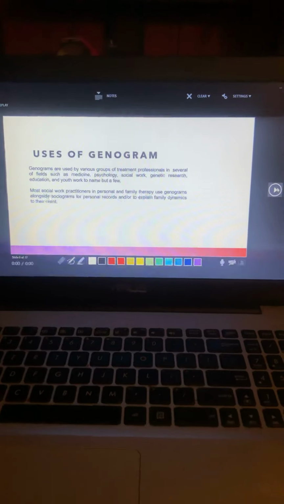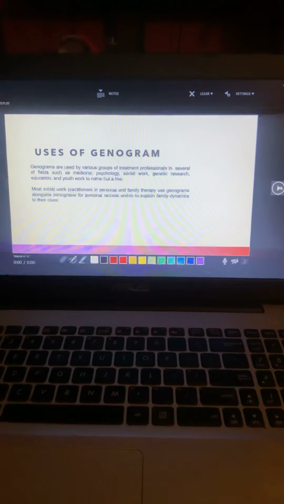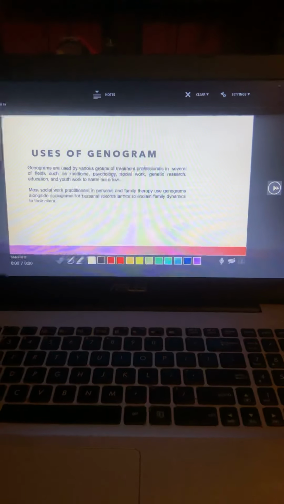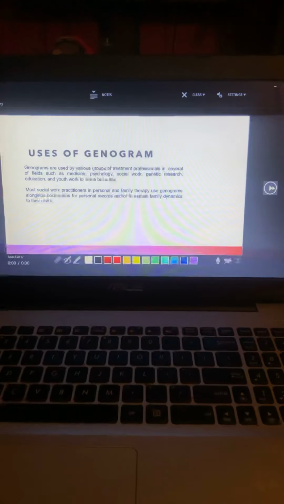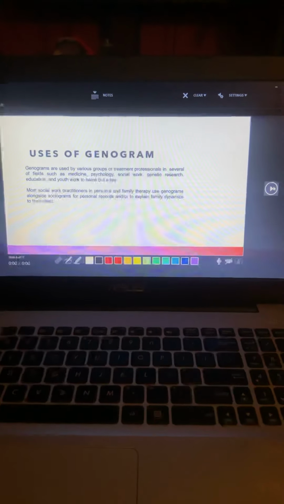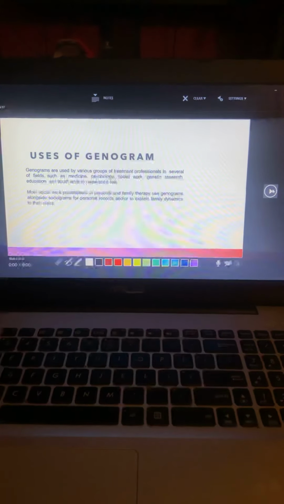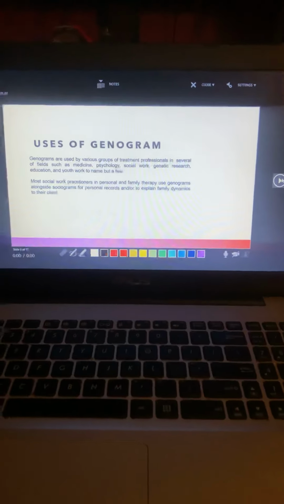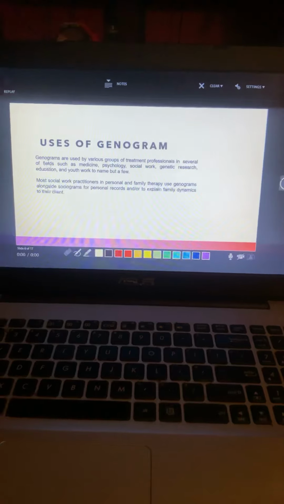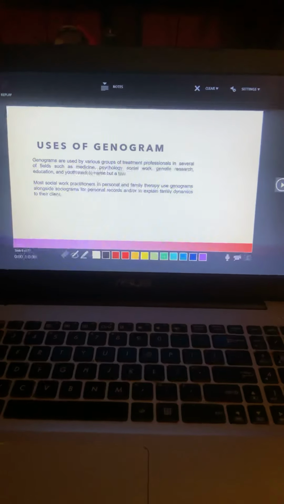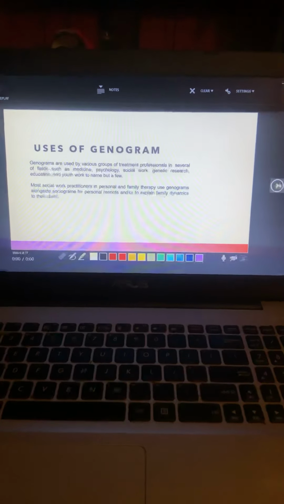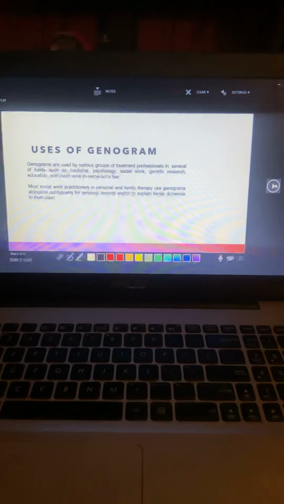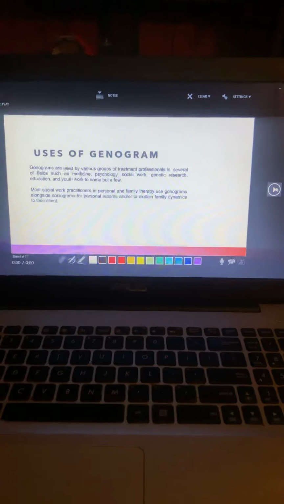Uses of genograms. Genograms are used by various groups of treatment professionals in several fields such as medicine, psychology, social work, genetic research, education, and youth work, to name a few. So just in my field, because I'm in the psychology field, I am a behavioral health consultant. I've been at Children's Hospital for 12 years now, and in my field of psychology, I've noticed that the social workers use a genogram to just get the background of the family history,